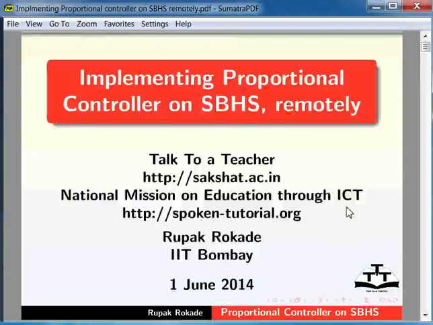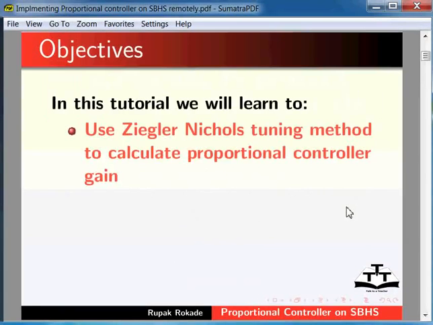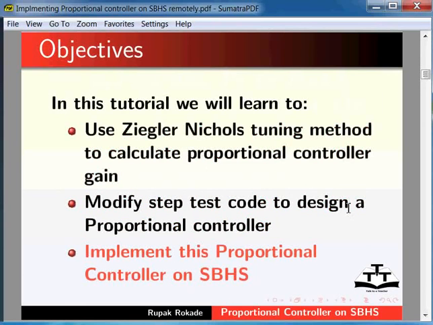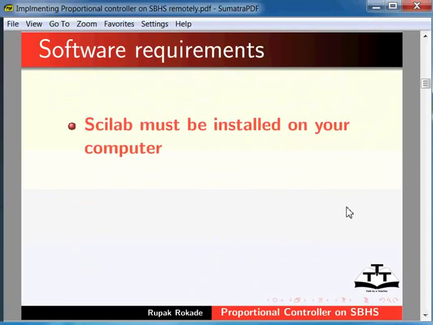Welcome to the spoken tutorial on implementing proportional controller on SBHS remotely. In this tutorial, we will learn to use Ziegler-Nichols tuning method to calculate proportional controller gain, modify step test code to design a proportional controller, implement this proportional controller on SBHS,